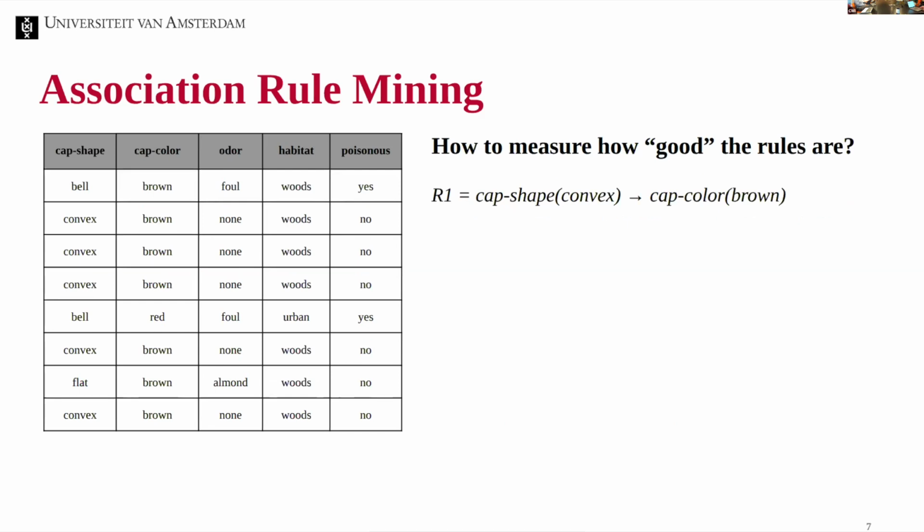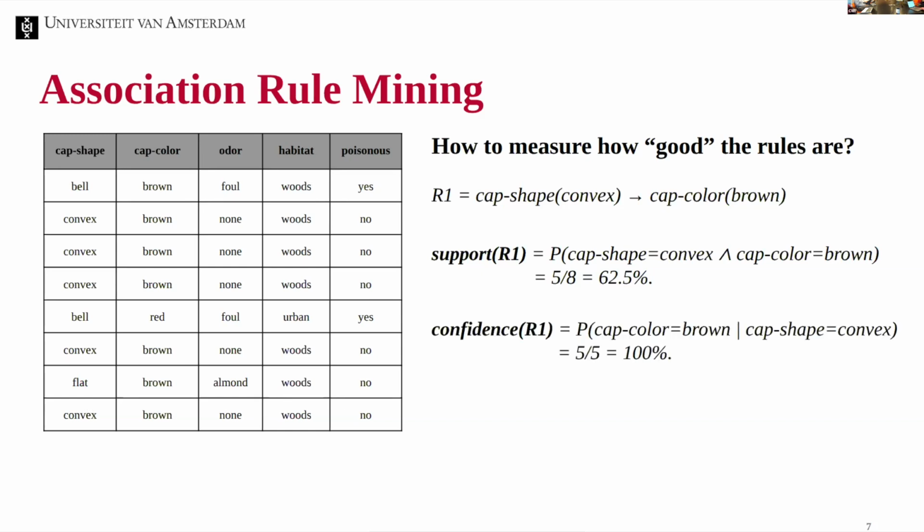And once we learn these rules from the data, the way we evaluate whether these rules are good or not is basically by going back to the training table and calculating some statistical quality metrics over the data itself. So one such metric is called support, which means what percentage of the time do you see the left-hand side and right-hand side together in the data set? Another one is called confidence, which is the conditional probability: given cap color brown, what percentage of the time do you also see cap shape convex in the data?